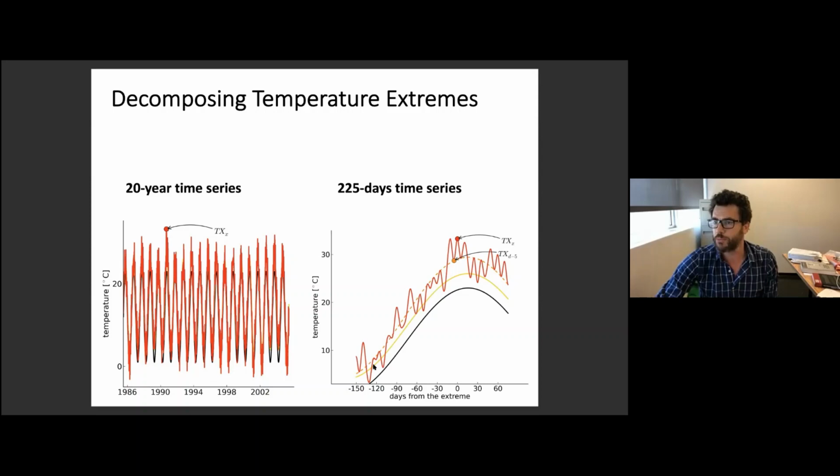For example, synoptic scale variability, or the fact that we have El Niño and La Niña that will lead to some seasons or years with higher seasonal temperature than others. So the specific way we get this maximum temperature is quite complex. And of course, it also depends on how well the model, for example, represents the diurnal cycle, because we are looking at the maximum temperature on a day.